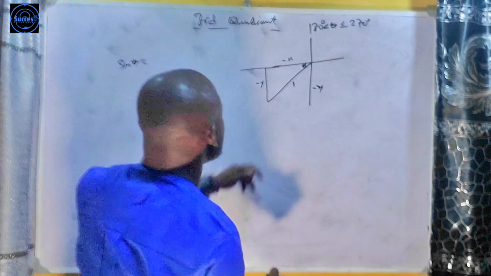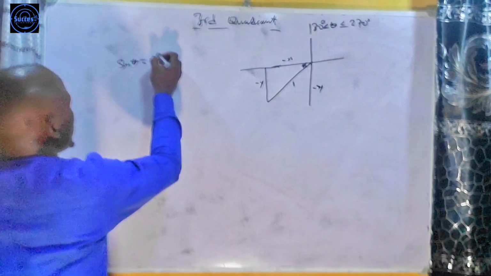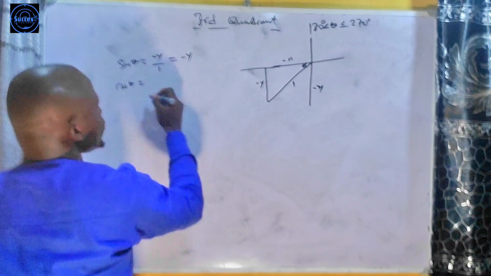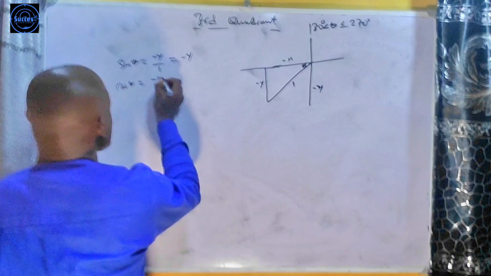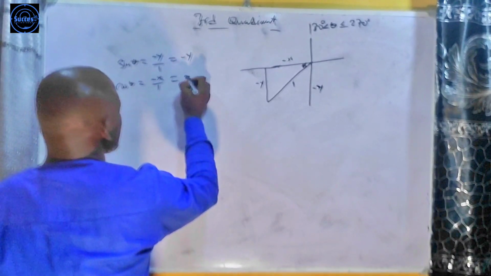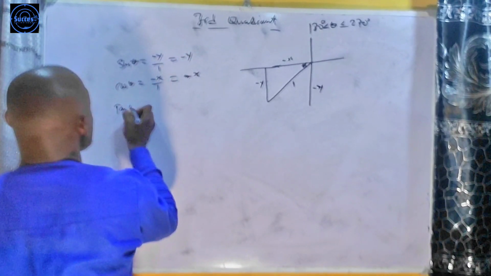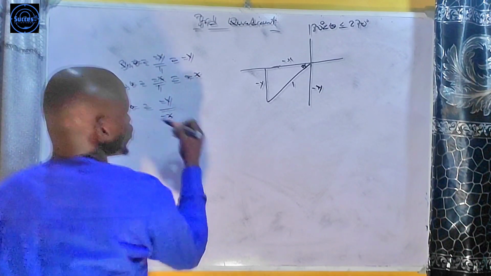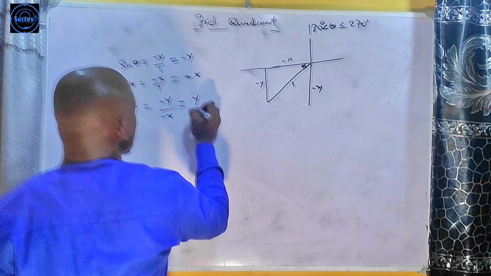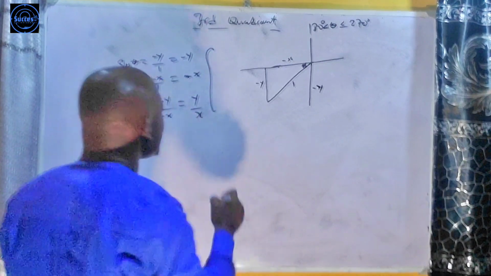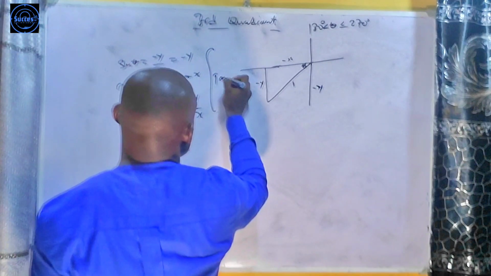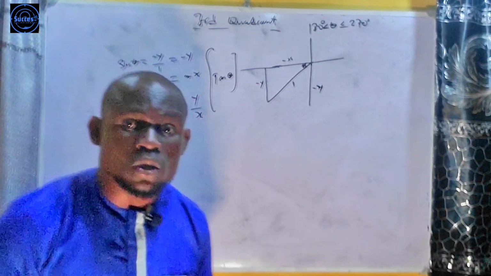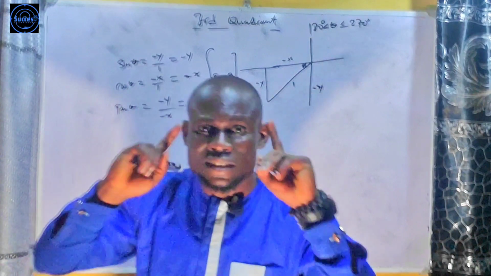Sine theta will be opposite over hypotenuse, which is minus y over r, the same thing as minus y. Cos theta is adjacent over hypotenuse, minus x over r, the same thing as minus x. Tan theta is opposite over adjacent, minus y over minus x, the same thing as y over x. Now when you observe from here, it's only tan theta that is positive in the third quadrant. When you get to the third quadrant, only tan theta is